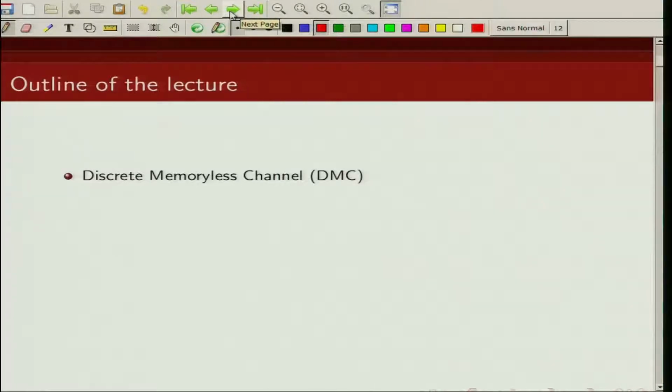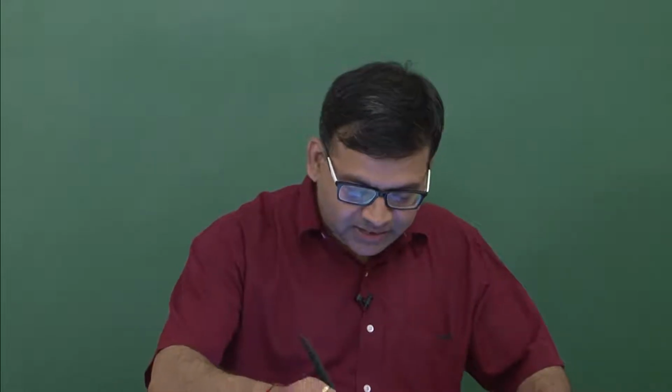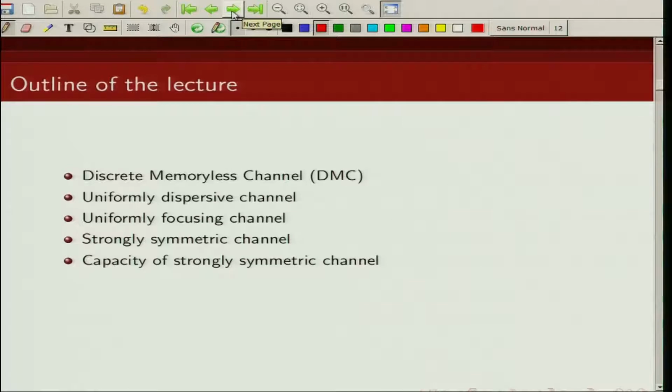We are looking at discrete memoryless channel, and we'll try to compute capacity of those simple channels. So we'll start off with a description of a discrete memoryless channel, and then we'll describe two types of channel. One is called uniformly dispersive channel, another is called uniformly focusing channel. And channels which satisfy both of these properties are known as strongly symmetric channel, and we'll compute the capacity of